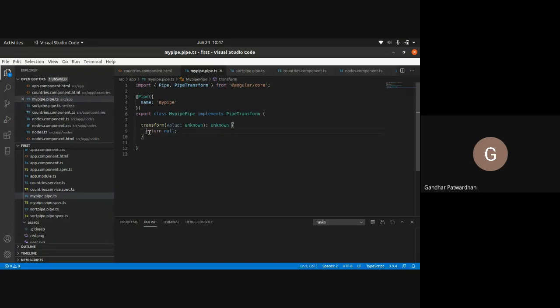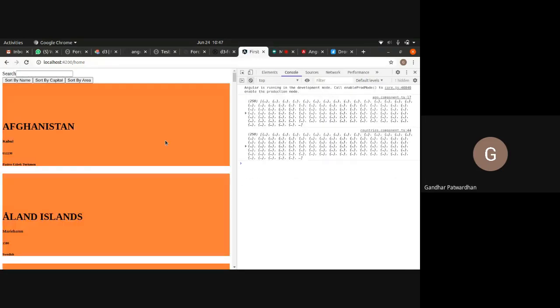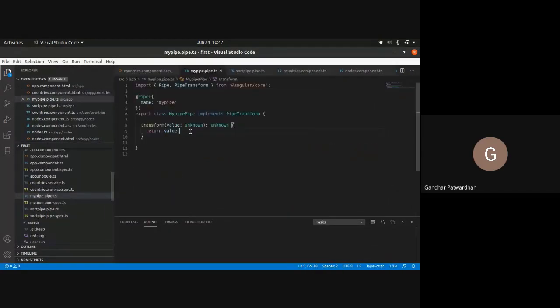So instead of null, what I would initially do is say return value. If I do that, it should display the countries again. Right, it displayed the countries again. So what is actually happening is that this display countries goes into this transform function and into this parameter, which is value.